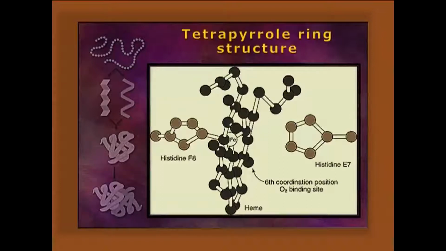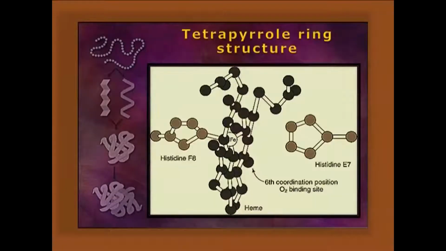But we have to remember this iron will be coordinated at the 5th ligand binding position to the histidine 93 of F8 helix. And when it is not bound in the deoxyhemoglobin state, it will be bound at the 6th position with water. But when the oxygen binds, that will interact with the E7 histidine 64 residue, that is called distal histidine. The first histidine is called the proximal histidine.